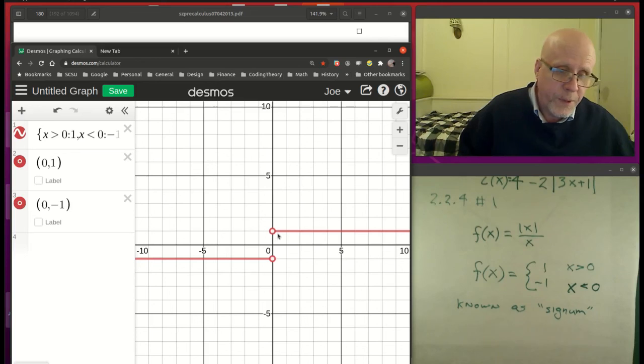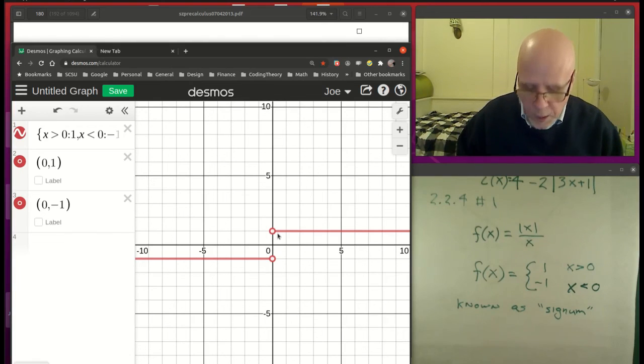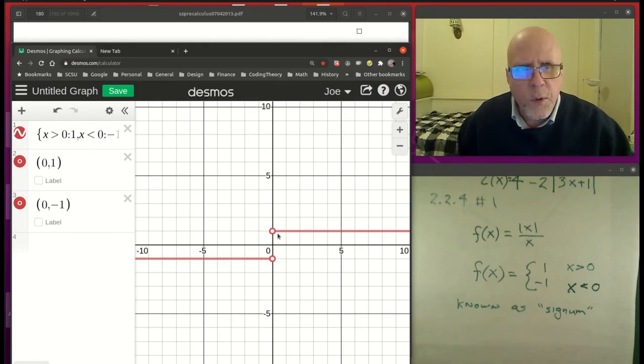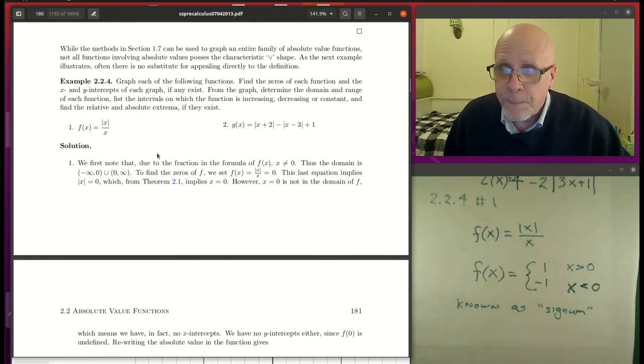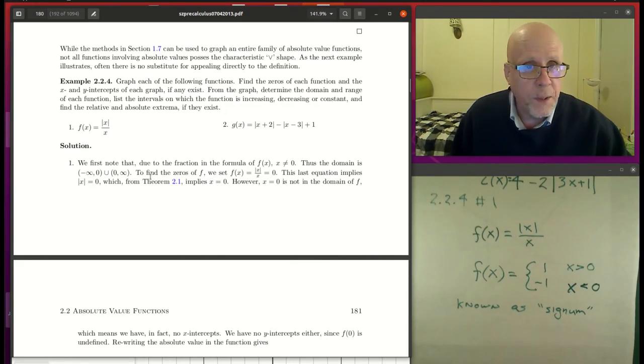Of course, if you're sketching it by hand, you wouldn't have to bother with all that. You just draw the 2 open circles and then the horizontal lines from there. I'm not sure that's worth doing. That's an interesting function. Really kind of a pain in the neck to draw if you want to do it from first principles, because